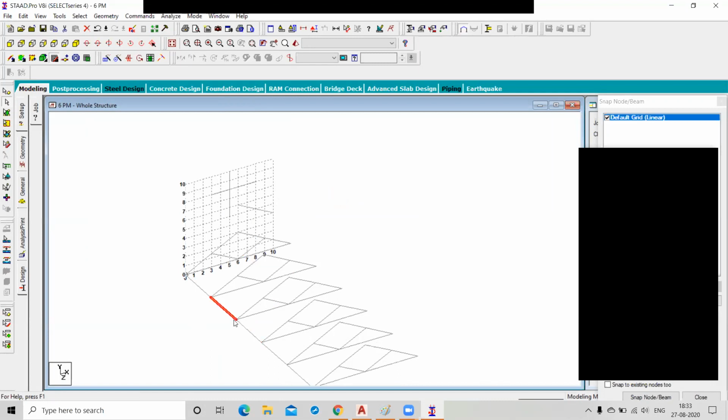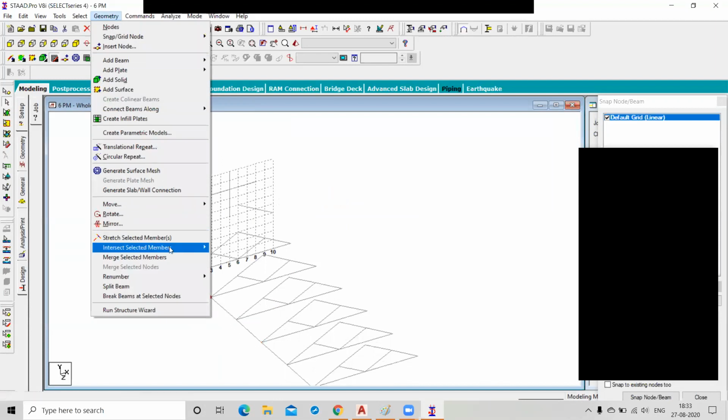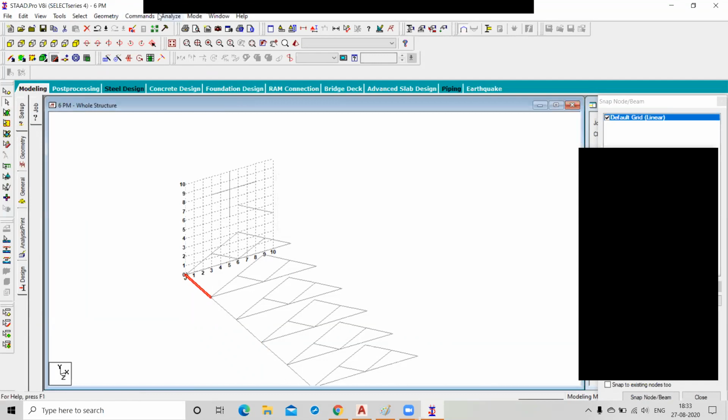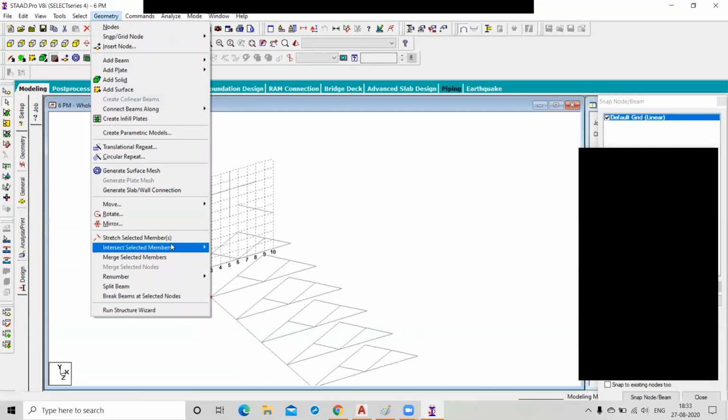Now these members are intersected, creating new members, all the beams. In the intersect selected members command, we have two options: highlight and intersect, right? Yes, sir.